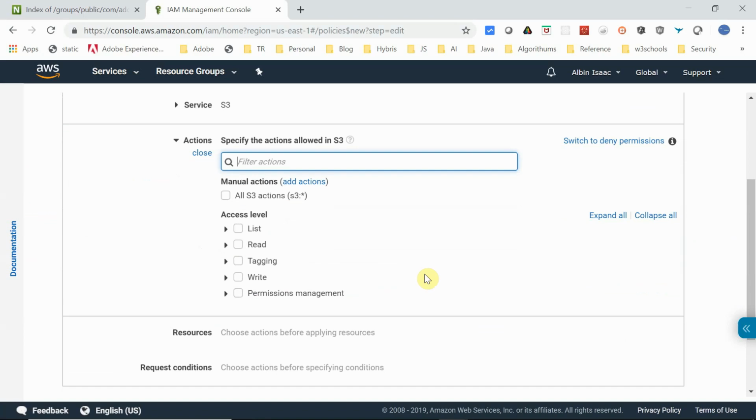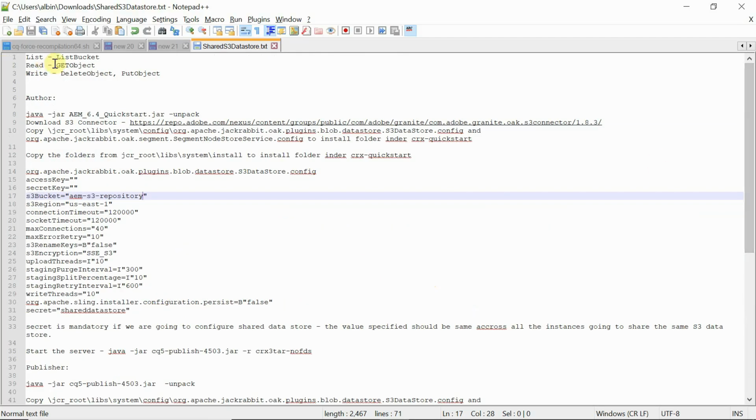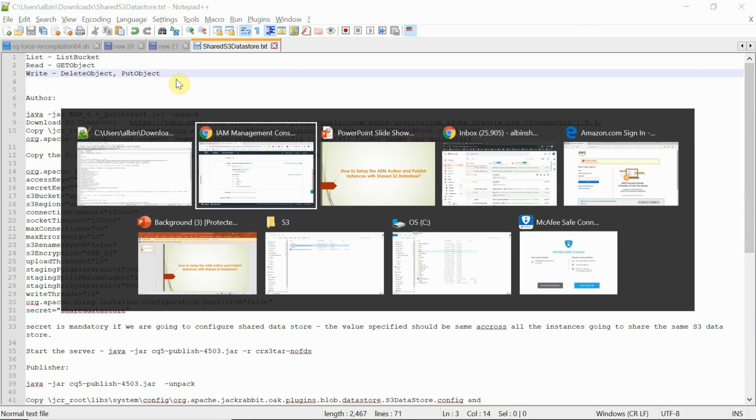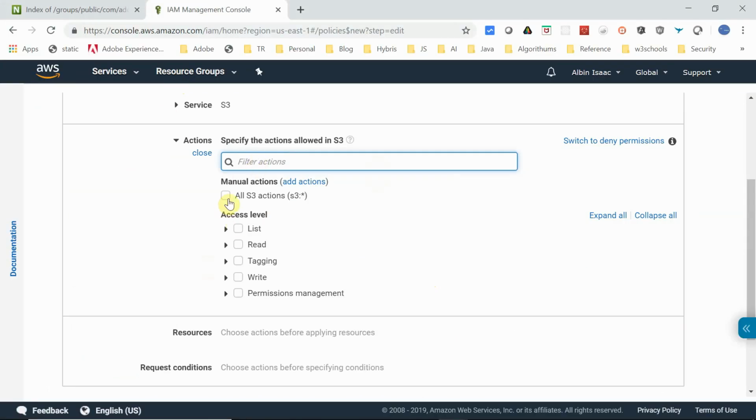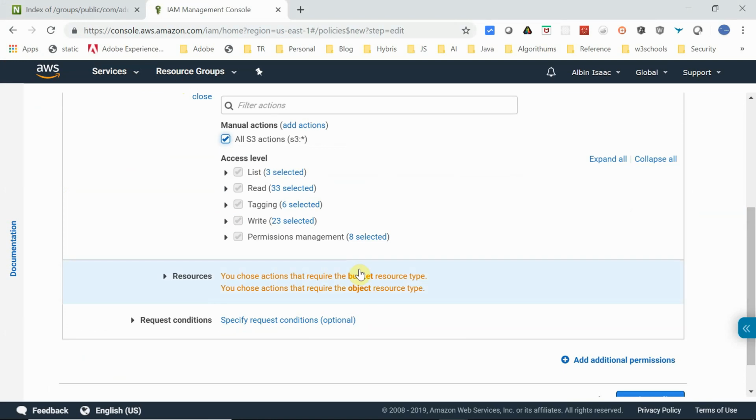I am going to provide the full access, but the mandatory access list are here, so you can provide those also: list bucket, get object, delete object, and put object. But in my case, I am going with the full access. So all these three actions I am allowing them, but you can change it.